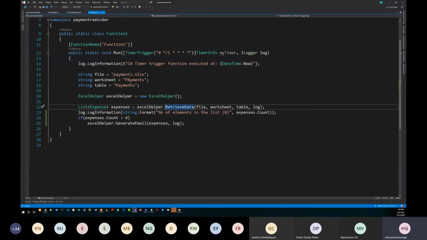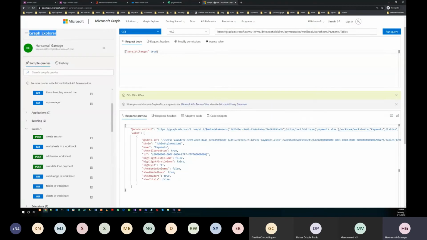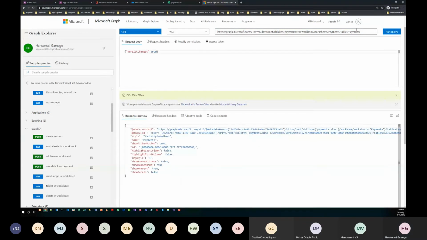What's the table name? That's also payments. If we go into Graph Explorer, you can see the table name is payments. I will copy that value. Okay, now the table is there.